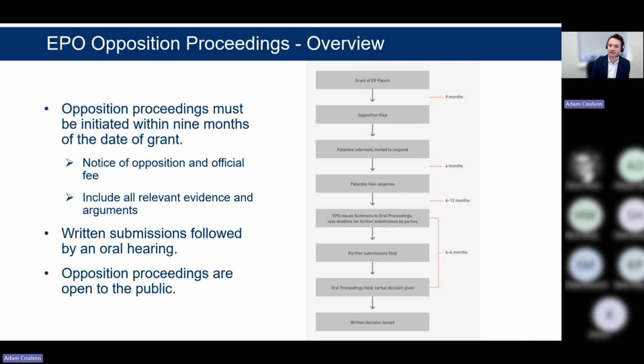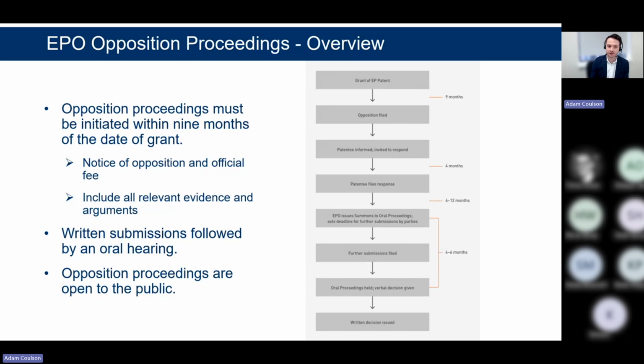This summons to oral proceedings is accompanied by a preliminary, non-binding opinion, which sets out the opposition division's view as to the merits of each party's case and the state of the patent, together with any auxiliary requests, which are generally in the form of claim limitations, in view of the objections raised by the opponents. The final deadline for written submissions is usually 2 months before the date of the oral proceedings. This written submissions deadline is the final opportunity for both parties, so that's the patent owner and the opponents, to file arguments and amendments to their case.